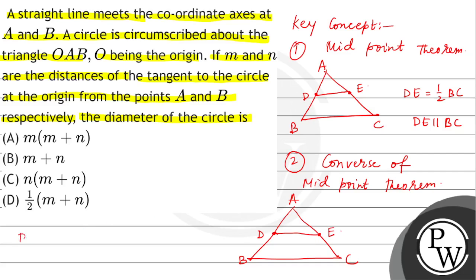So D is midpoint of AB and DE is parallel to BC. Then E is midpoint of AC. Okay. So let's start the solution. দেখে নেওয়া যাক কি করা যাবে।